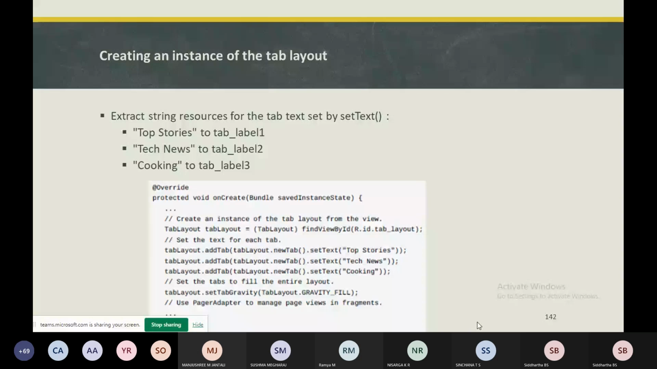Of the tab layout, we need to create an instance from the element which you have used in the XML layout, that is tab_layout. And for that, we need to set the text by using an addTab method. Okay, so from this particular example,